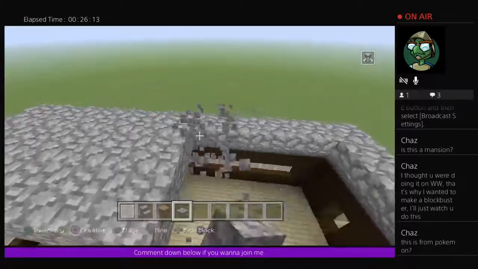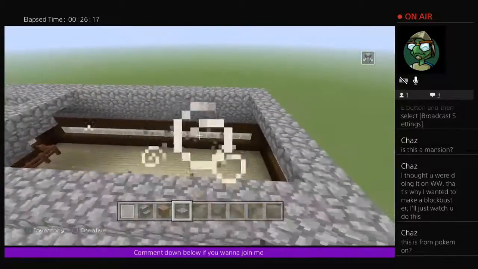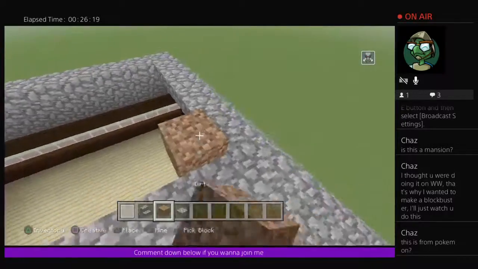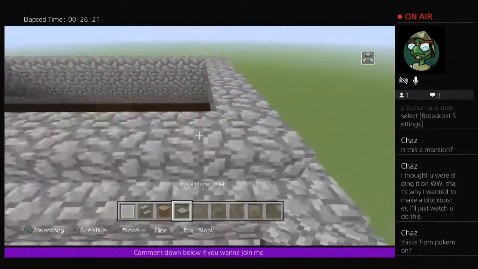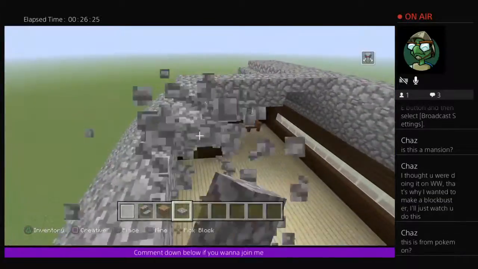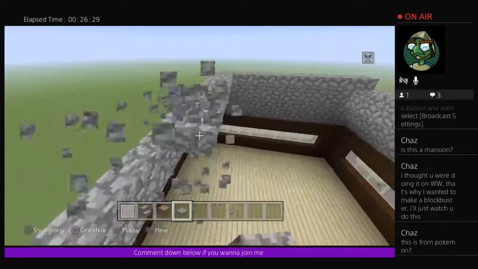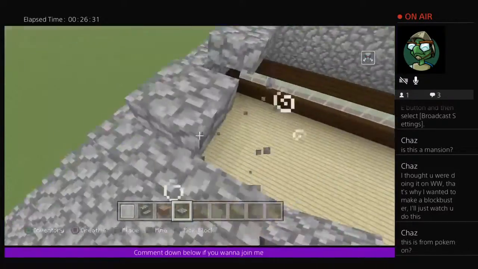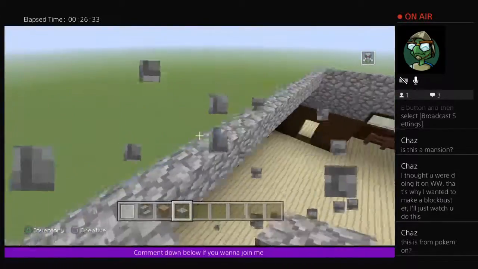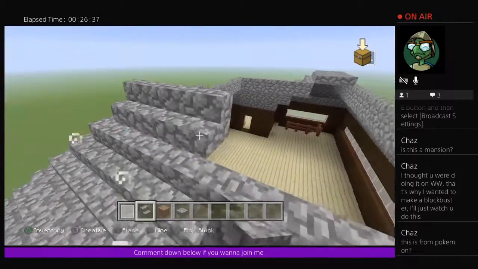The other thing you can do, if you really want to, instead of having the slabs, although it doesn't look as good, is finish the rest of the roof off with stairs. So you can finish this part of the roof off with some stairs, but again, it doesn't look as good. So if you just go around like this...